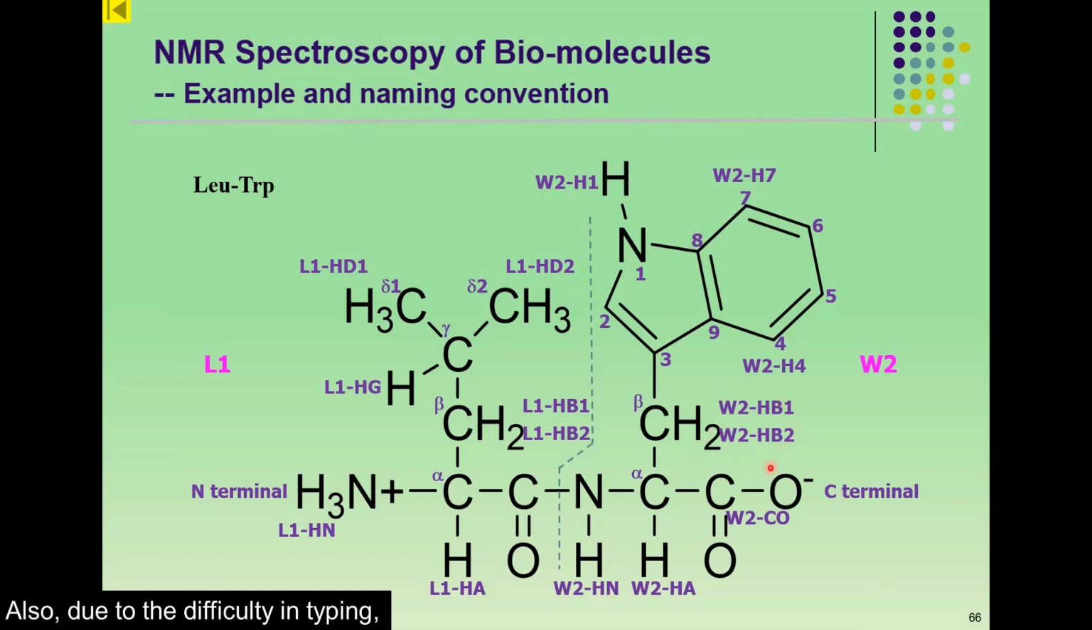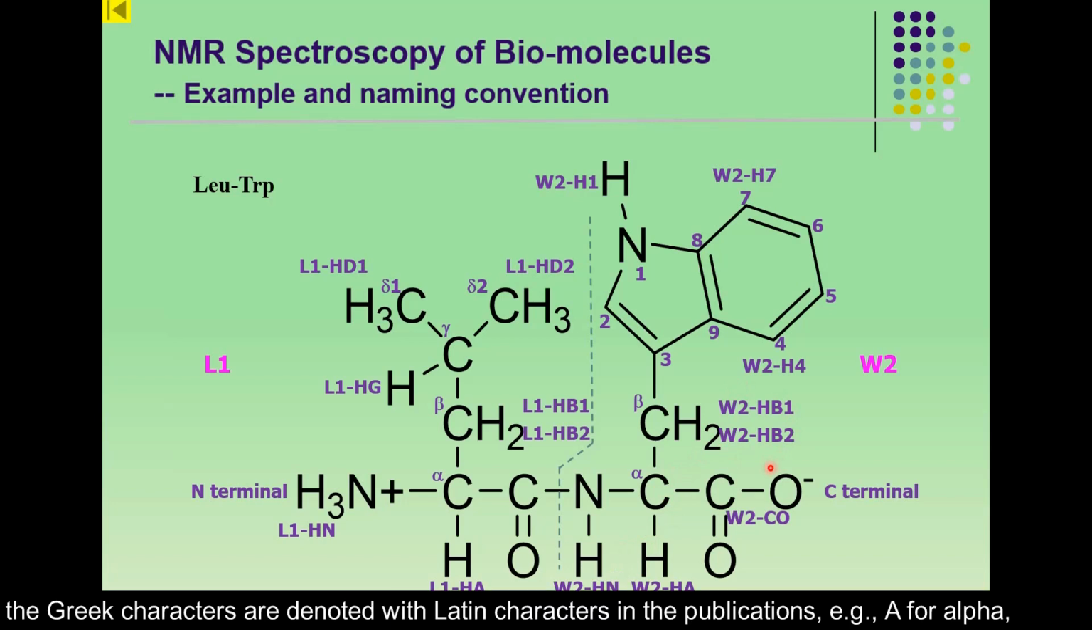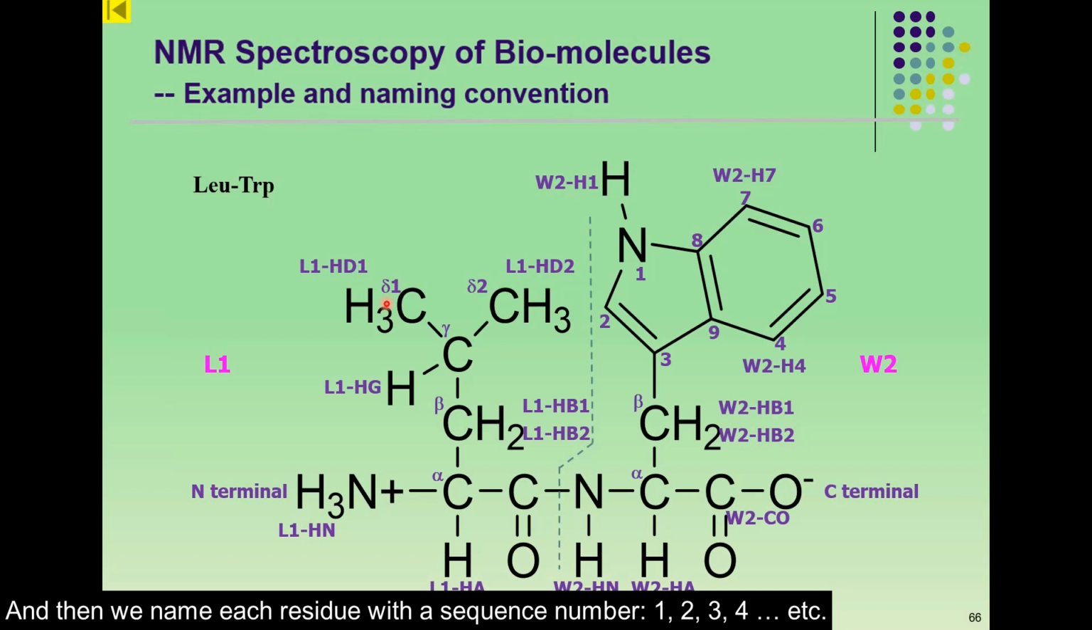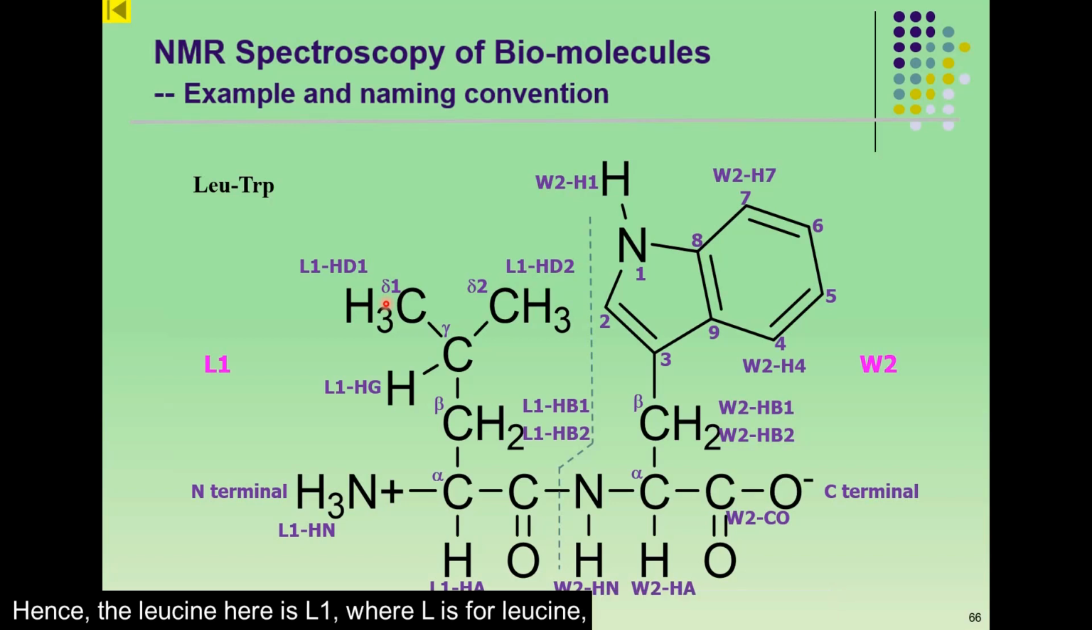Also, due to the difficulty in typing, the Greek characters are denoted with Latin characters in the publications, e.g., A for alpha, B for beta, G for gamma, D for delta, E for epsilon, H for eta, Z for zeta, etc. And then we name each residue with a sequence number 1, 2, 3, 4, etc. Hence, the leucine here is L1, where L is for leucine, and the tryptophan is W2, where W is for